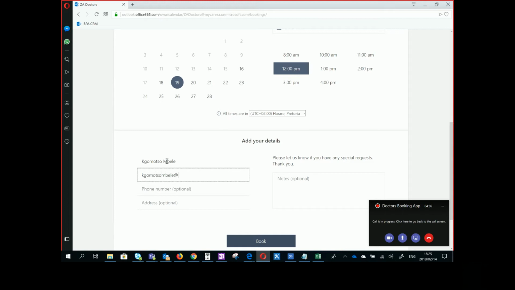email at outlook.com, and what's my phone number. I can enter the phone number. Let's say test booking. So I would say test booking is ignore. Okay. So technically, when I go to the calendar on the 19th at 12 hours, I should see